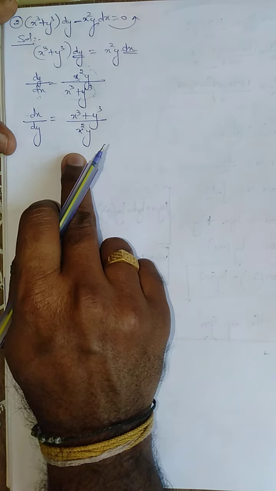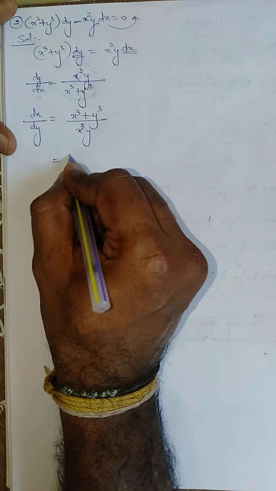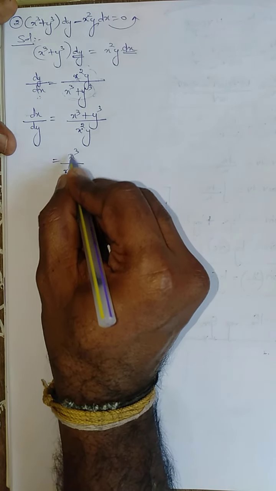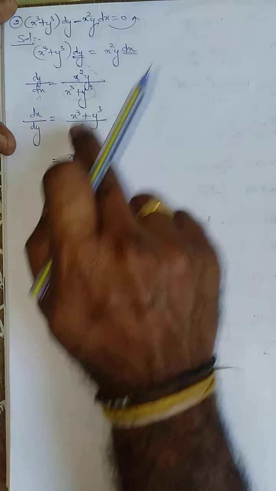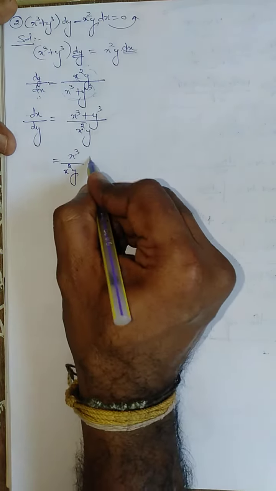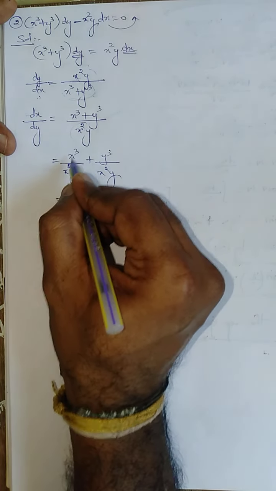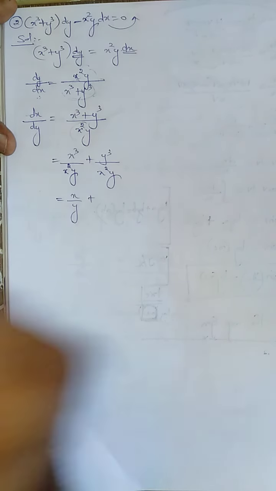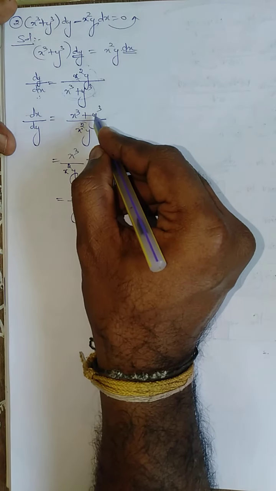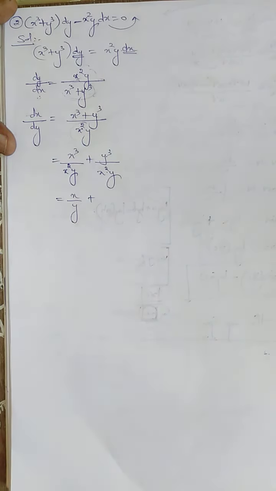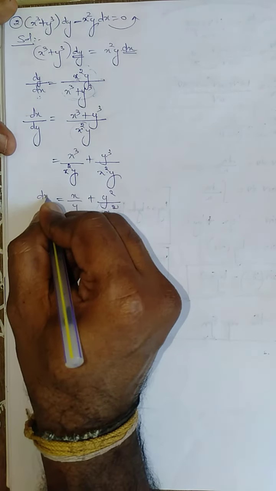Now check for x by y. See how I can divide: x cube divided by x square y. In this step I can't make this form, because I can easily make only one denominator. So y cube divided by x square into y. So y cube and x square cancel, nothing but x by y. I have got x by y. See, this is y cube, and this is x square y. I can write y square divided by x square in dx by dy.